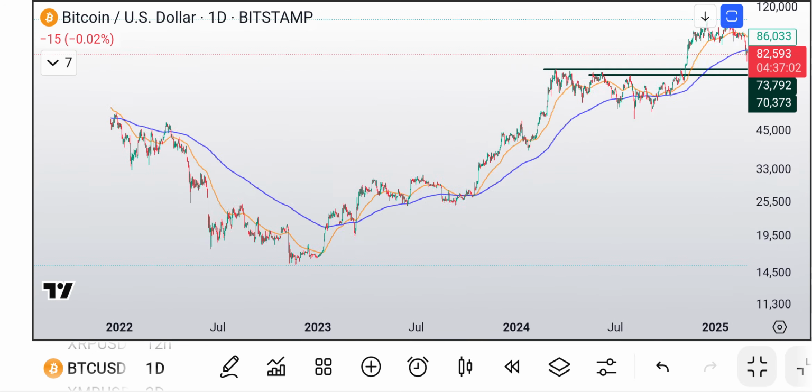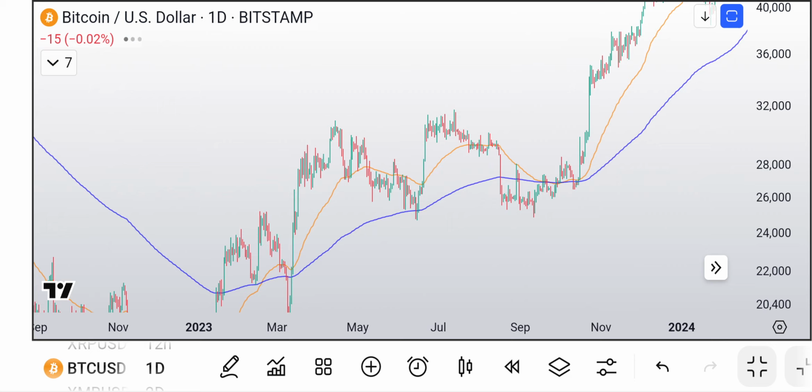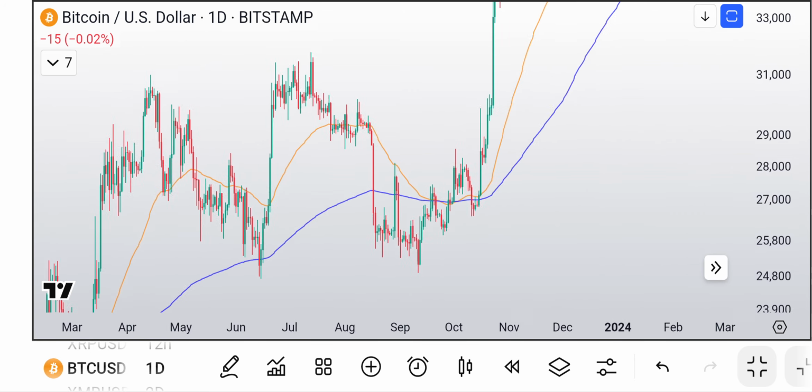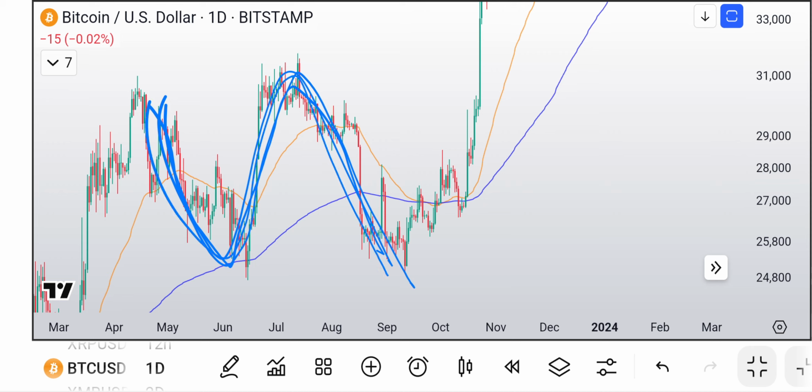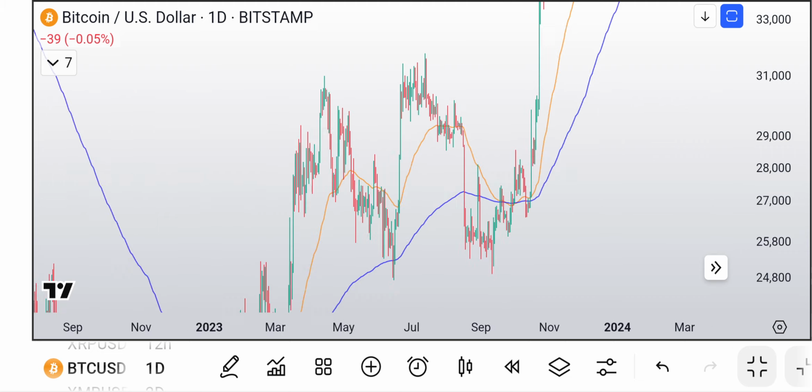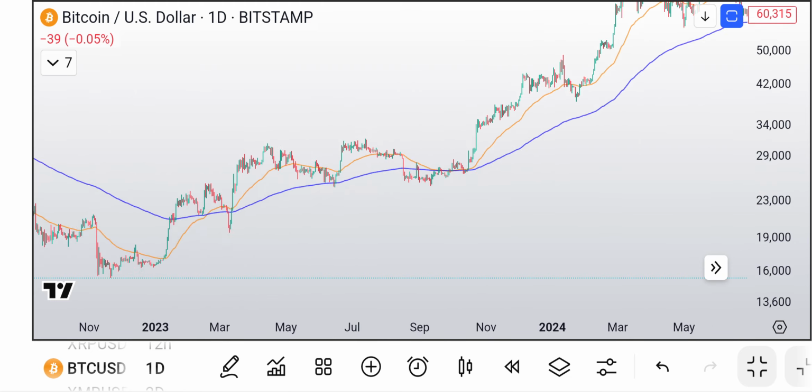And you can see, look what happened the last time we had a death cross. That was actually the end of the three-way move. Remember, we had this three-way pullback. Again, fives and threes, that's why it's so powerful. We had the death cross in here, but look what happened. It was very short-lived, and as soon as we got the cross, we actually exploded to the upside.